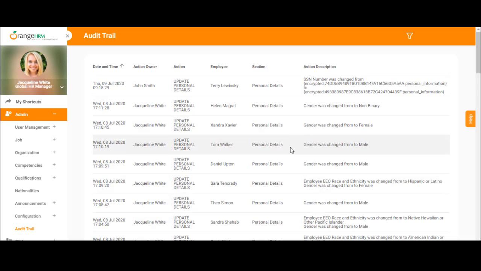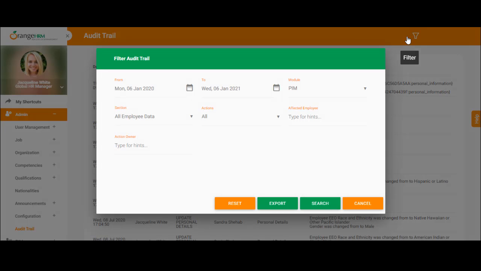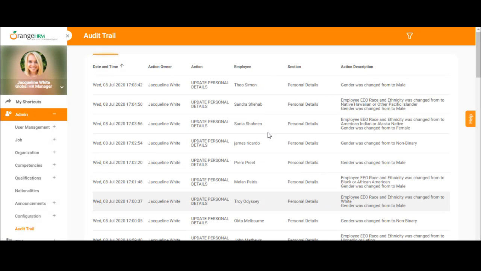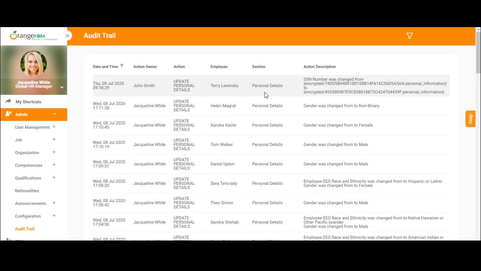As I mentioned, this is only available for admins, admin users. There's a filter button on the top right here. So if I want to view any changes made to the PIM module, I can. It's a default view. So PIM is a default view. When you open up the audit trail, that's the first screen. That's the initial default module that's selected, and you can see here all the changes made to the PIM with